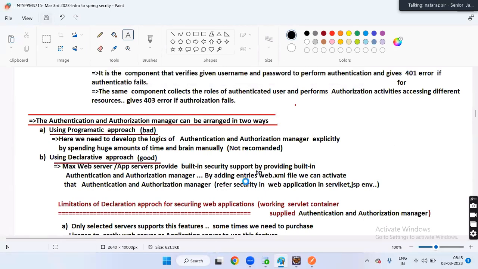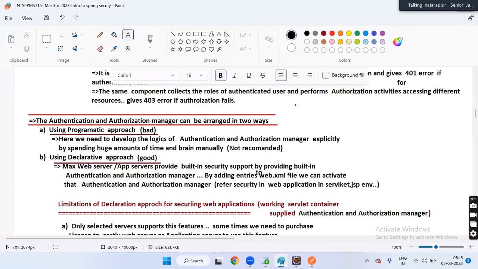By adding entries to the web.xml file, we can activate that authentication and authorization manager. Refer to security in web application, in the Servlet JSP environment.